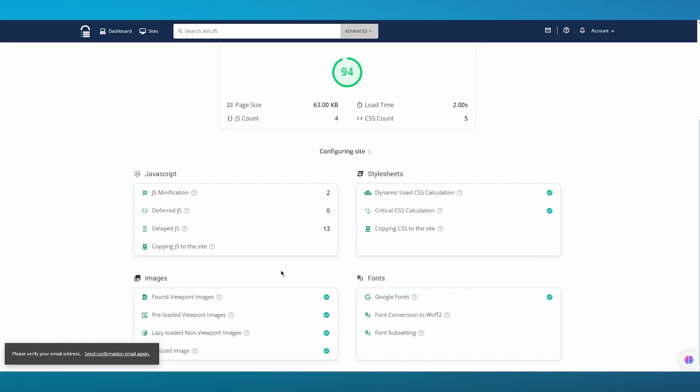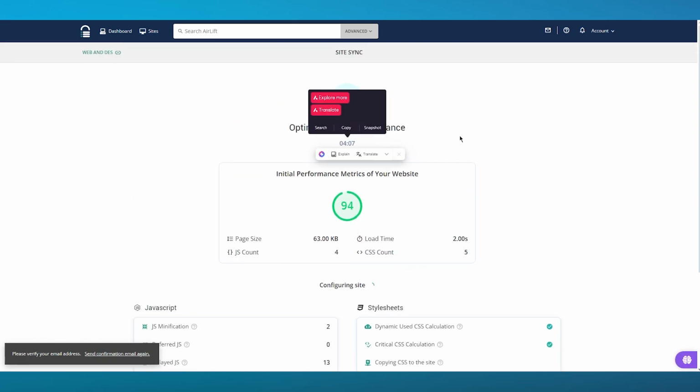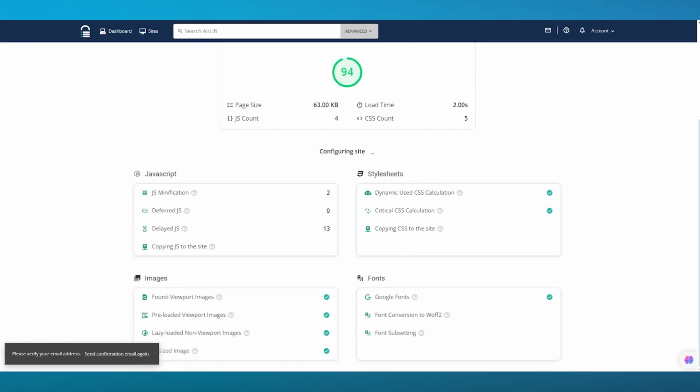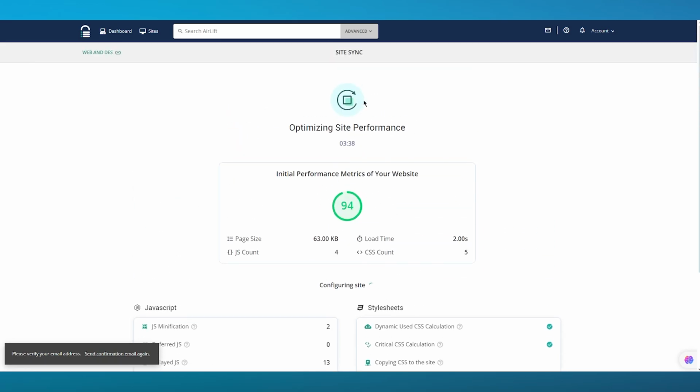And we can see what fonts we're using, what images we have. Over the course of 5 minutes, it usually configures your site, so it doesn't take a lot of time. We're simply going to wait for it to properly load us in. Once it's done the loading and the configuration, that is where the fun part starts. That is where your actual optimization kicks in, and from there, you can work with the different features that it provides for actual optimization. All right, so I'm simply going to wait for this to fully optimize, and then we are going to talk about how your website gets faster.